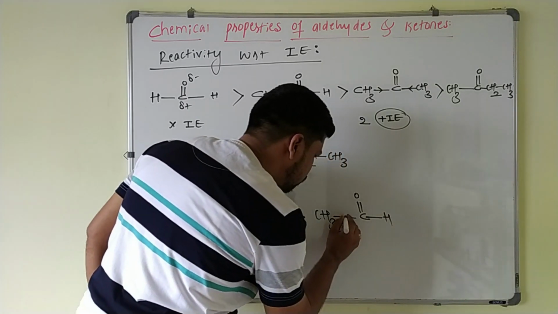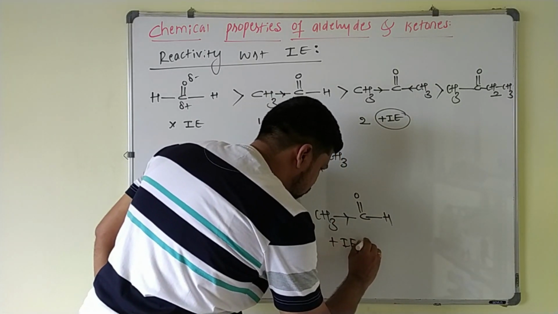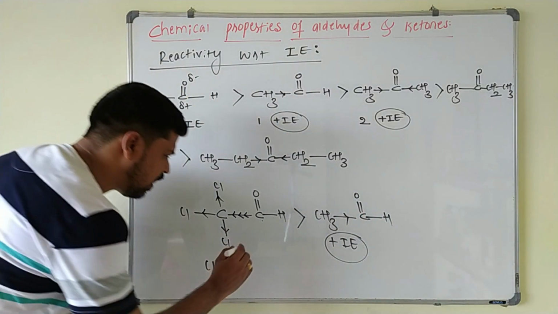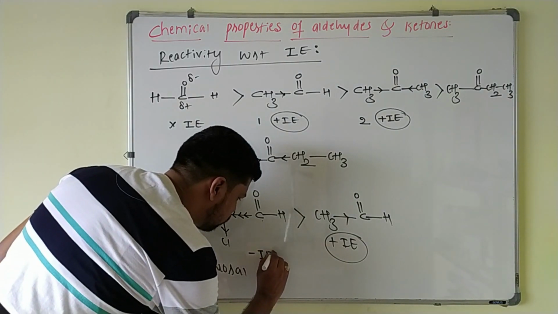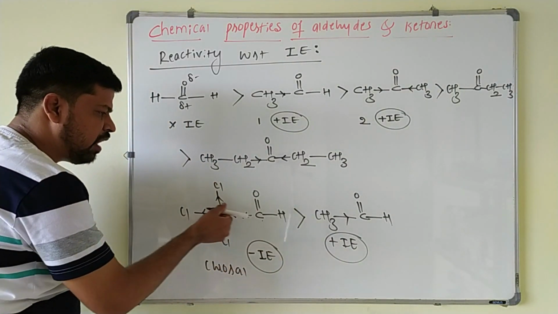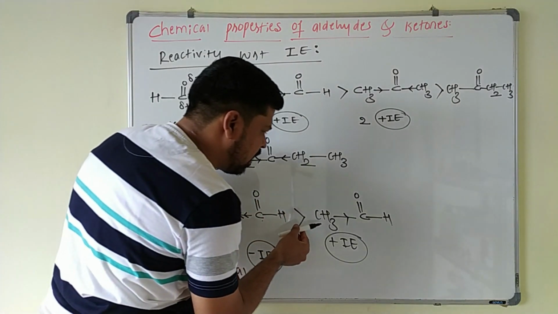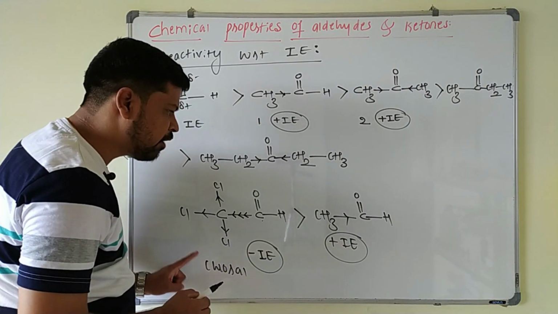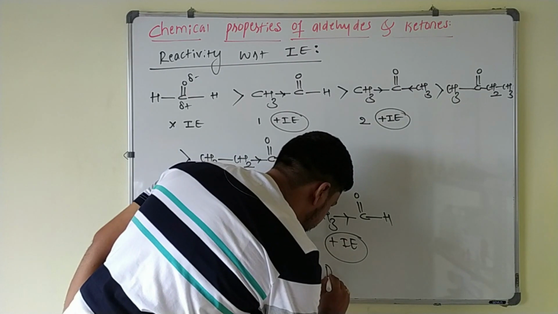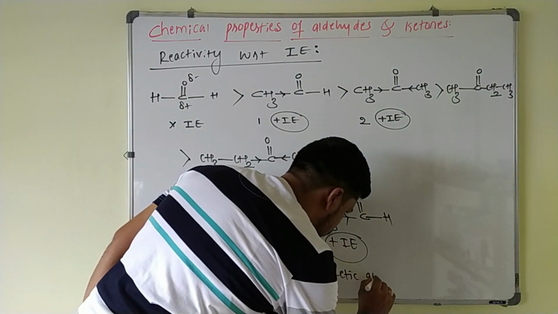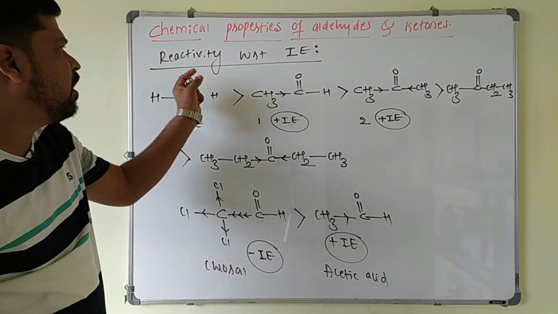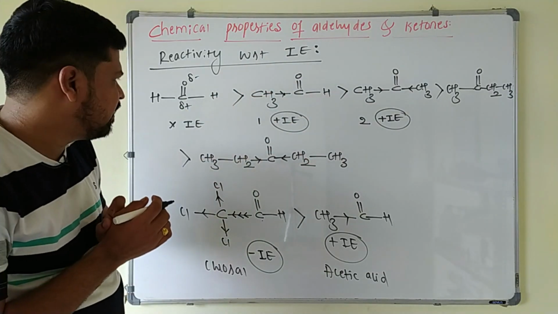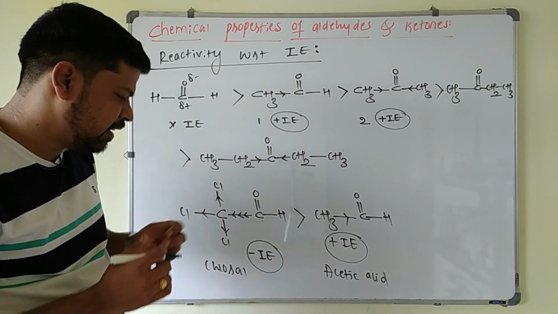So this chloral will be more reactive as compared to acetaldehyde, because here positive inductive effect is present. Due to the positive inductive effect of this methyl group, reactivity decreases. But in case of chloral, you are having a negative inductive effect. Negative inductive effect means electron density going away from the aldehydic carbon. Positive inductive effect is what? Electron density is going towards the aldehydic carbon atom. So here chloral becomes more reactive than what? Acetaldehyde. So this will be the reactivity with respect to inductive effect. As the inductive effect of these alkyl groups increases, reactivity decreases. Now we'll write with respect to steric hindrance.